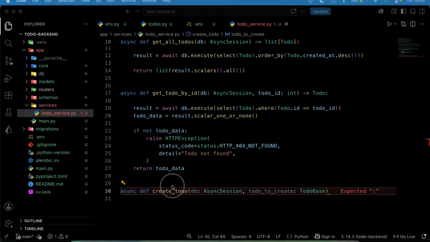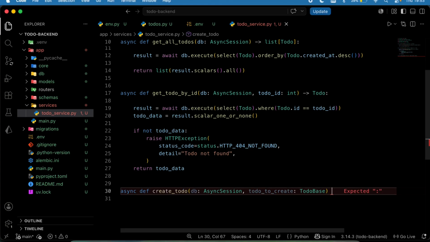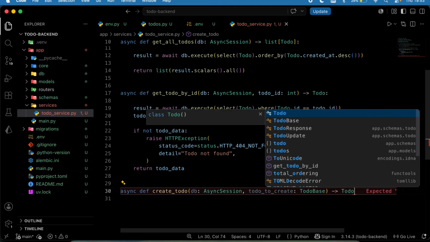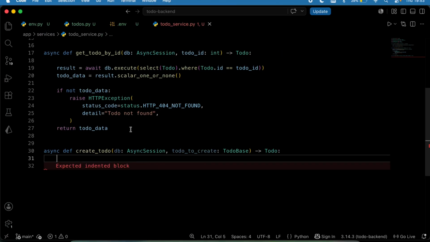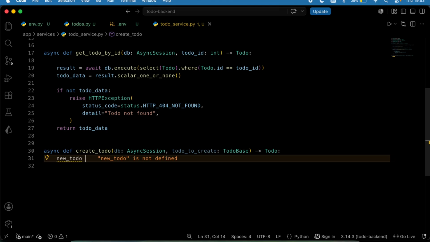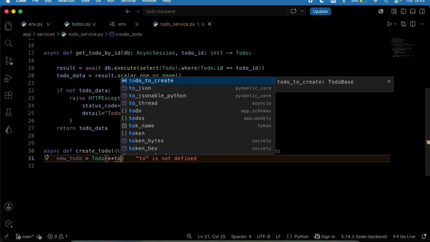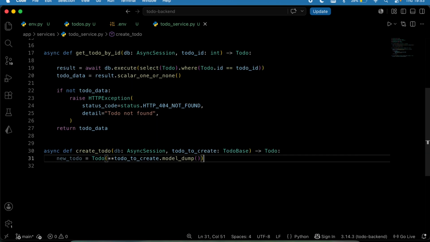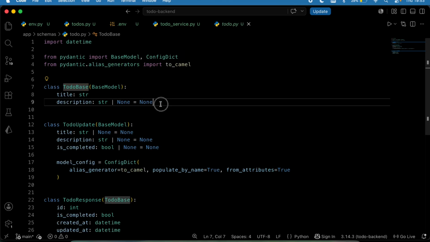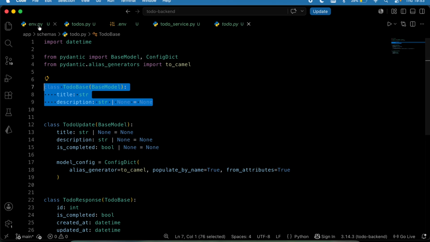And then what's this going to return? This is going to return the created to-do, which is the to-do. So moving down, let me move this a little bit back. Now what do I want to do? I'm going to say new to-do equal to to-do. Then I'm just going to use this and say to-do.create.model_dump. So what this model dump means is that in our object which we are passing in, the to-do is going to collect the ones that have data and is going to convert them to